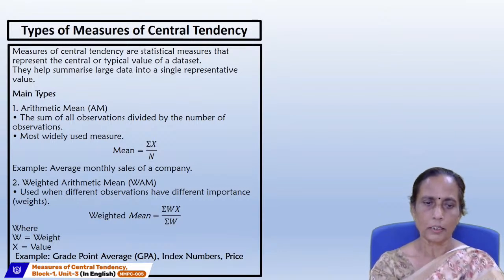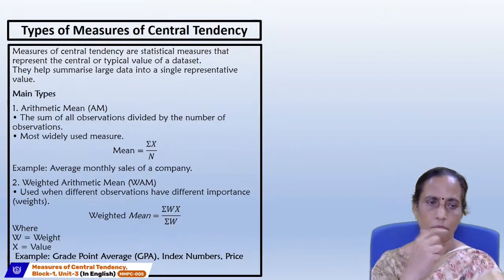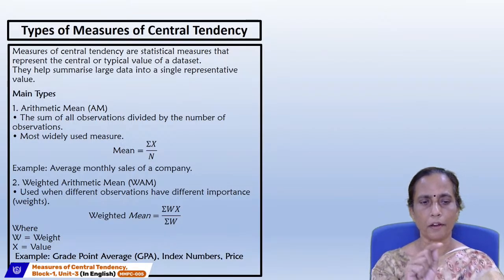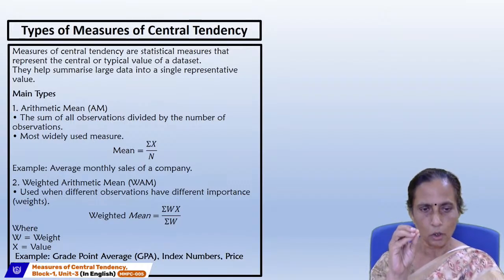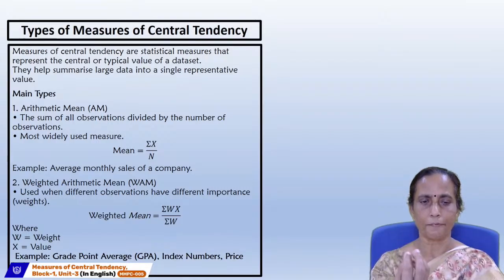So, example may be average monthly sales of a company. And number two, it is a variation in your arithmetic mean. We call it as weighted arithmetic mean. This is basically being used whenever in universities each and every subject carries a certain number of credit points, and